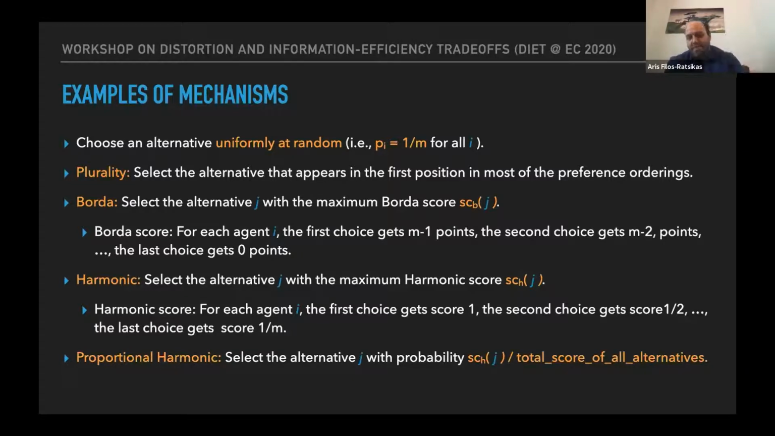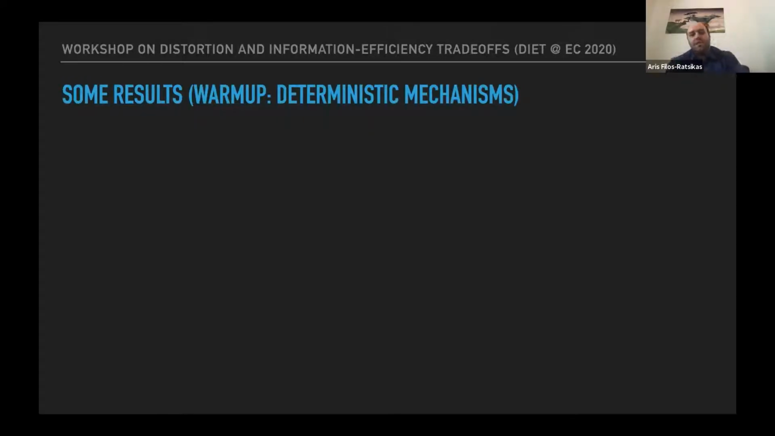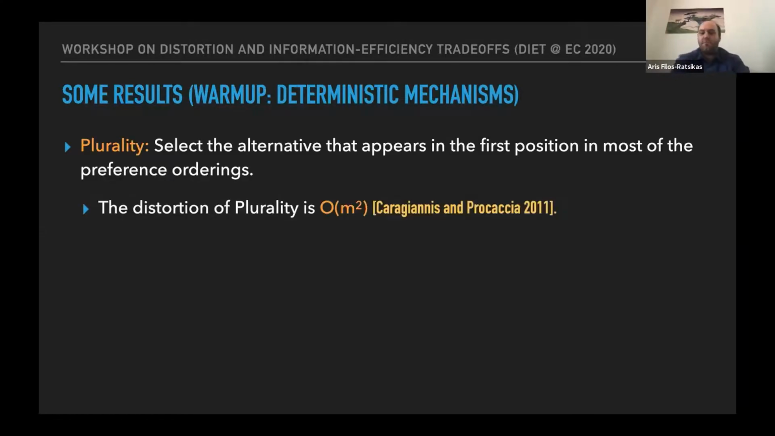This is by no means a complete list. There are many other mechanisms, and you will see many other mechanisms throughout the workshop. But this list is enough for the things that I want to present in the next 4 or 5 slides. Okay, so let me give you some results about this basic setting that I introduced earlier. I will give you 4 bounds, 2 lower bounds and 2 upper bounds, for deterministic mechanisms and for randomized mechanisms. So let's start with the upper bound on the distortion of